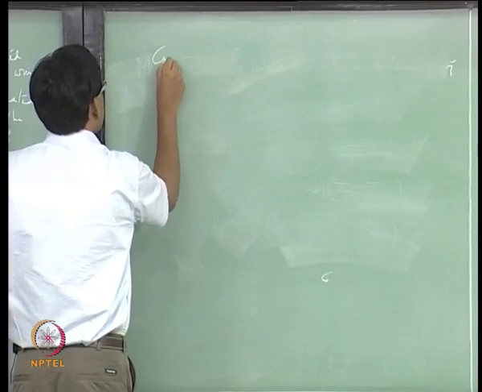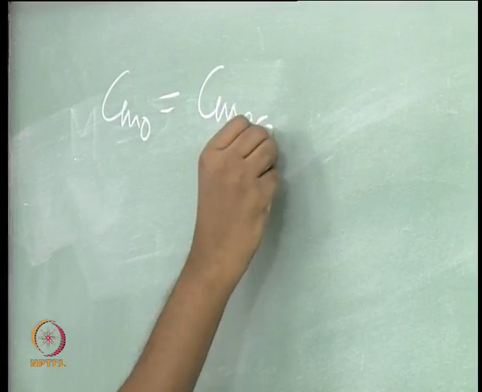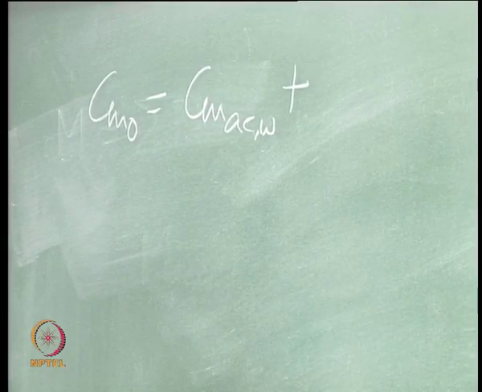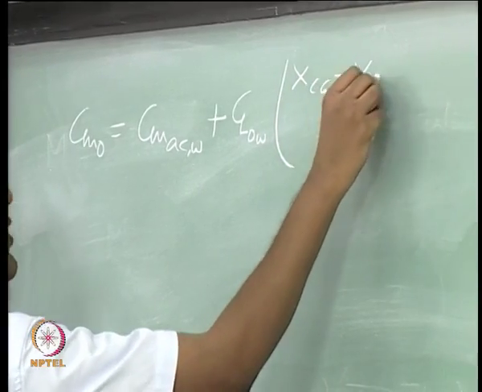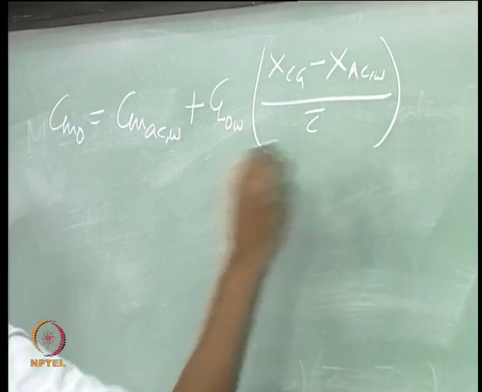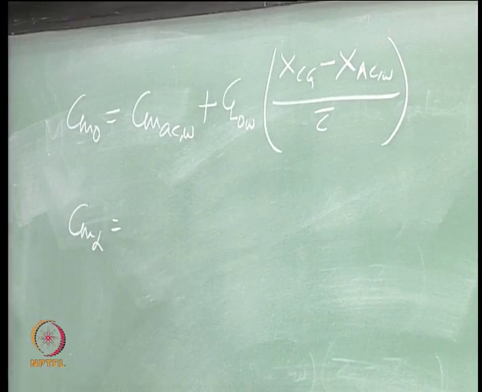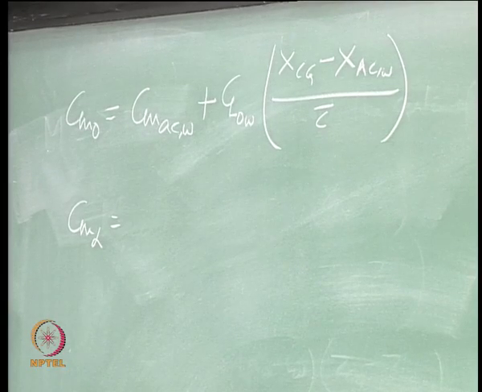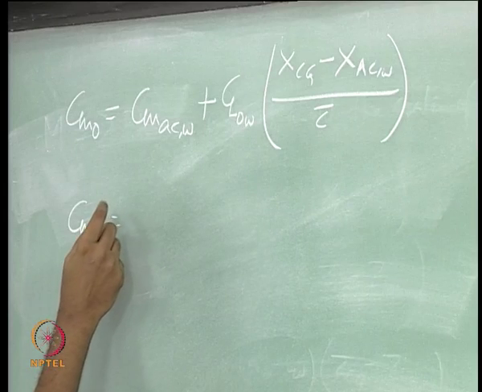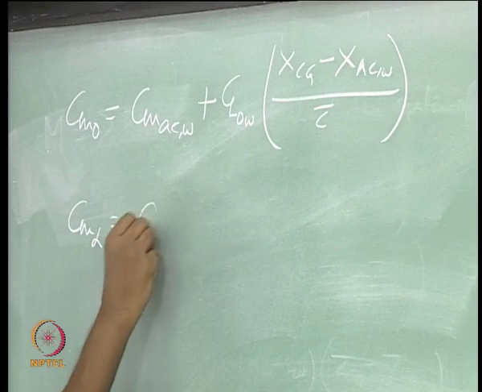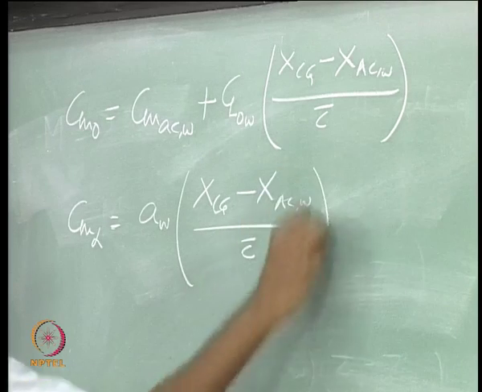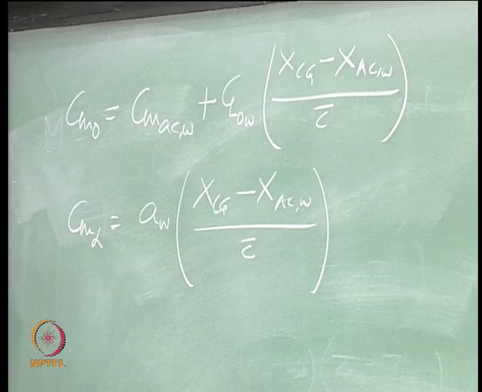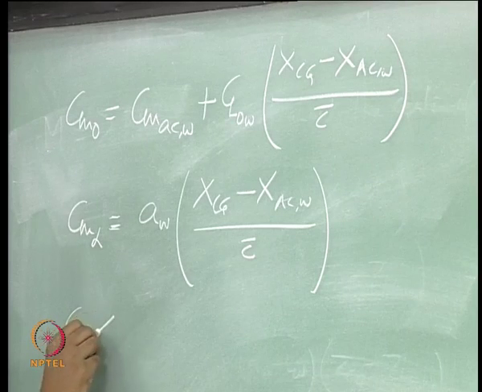The expression for Cm naught is Cm ACW plus, and Cm alpha is, now we take the derivative of this expression for Cm with respect to the angle of attack. What we get is this. So, clearly for Cm alpha to be less than 0